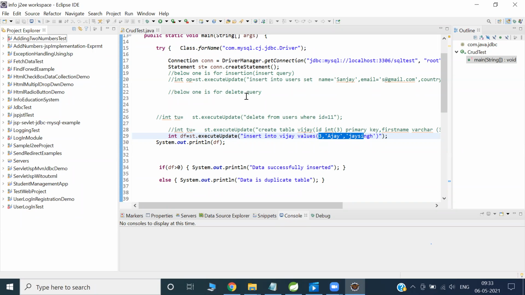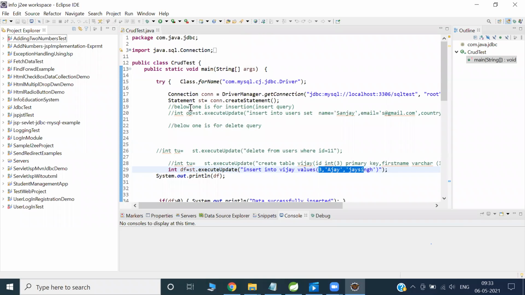What I was talking about sometime back: I believe every one of you at this point knows what a database is and what database operations are.